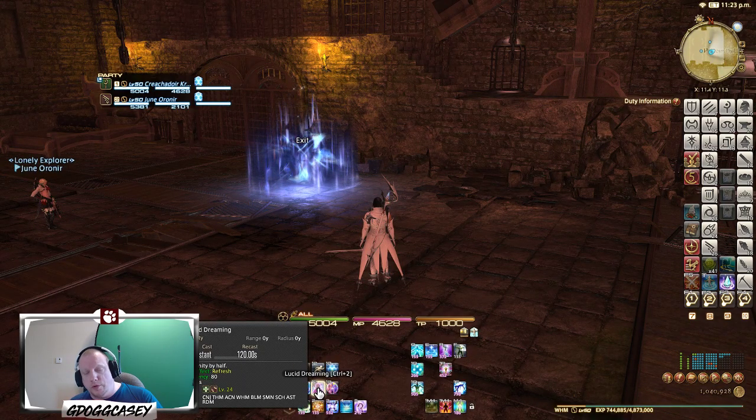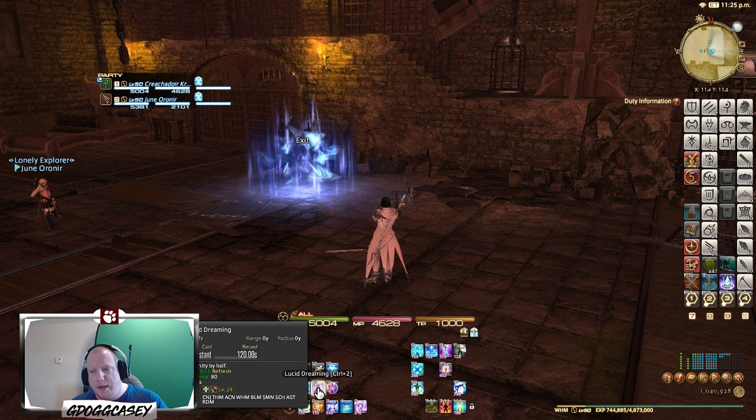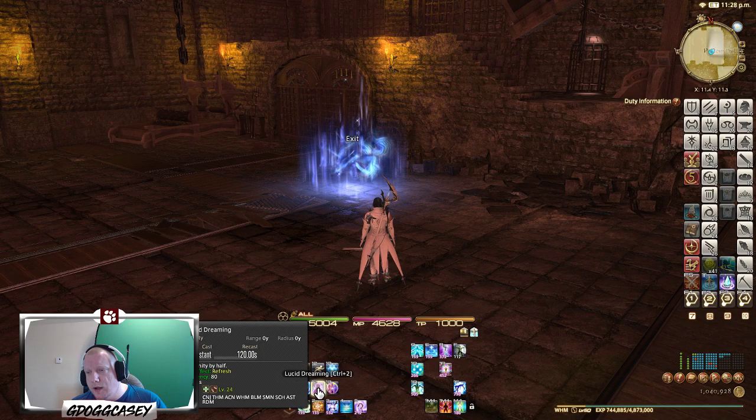Lucid Dreaming is a role skill, and essentially you use it to get your mana back. It gives you mana regen, or it's called refresh in this case, and it also reduces enmity. So if you're getting hit, you can use it, and also if you're running out of mana. If you're at about half mana, and you know the fight's going to go on for a while longer, you use